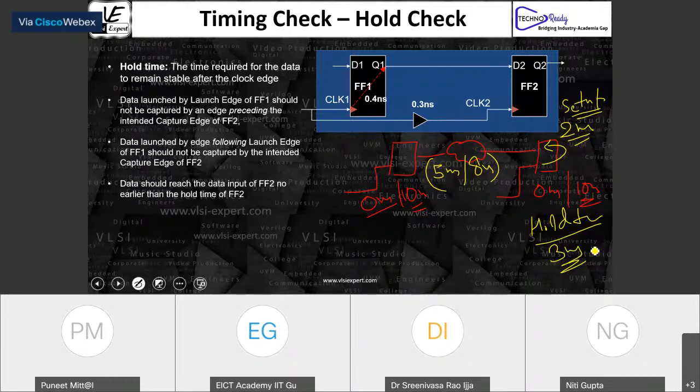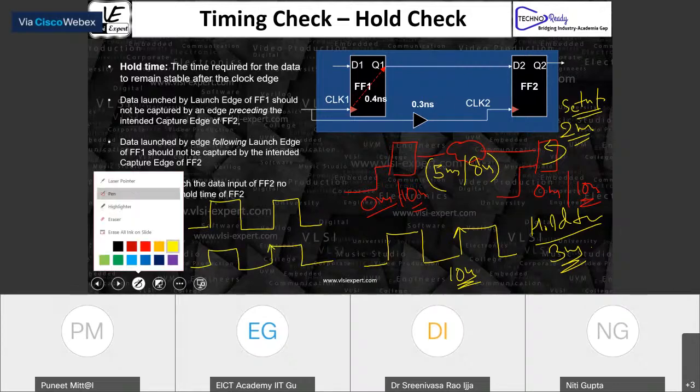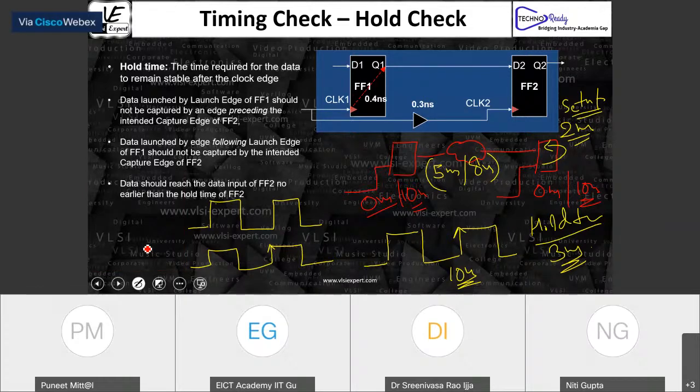Now let's try to understand this thing using a waveform. So basically, I'm going to capture the data at this particular edge, which is a 10 nanosecond. Or maybe I can draw this waveform the other place. So let me just draw it here. So I want to capture it here. So as per the setup, data should reach before this, which is a 2 nanosecond.